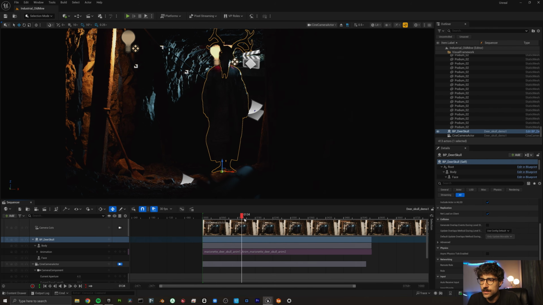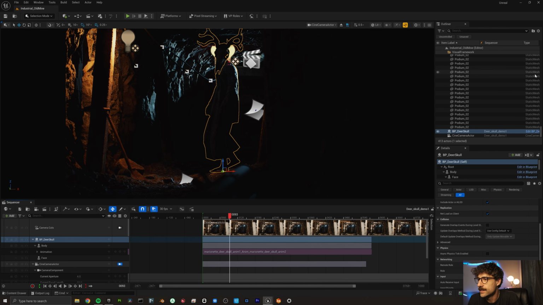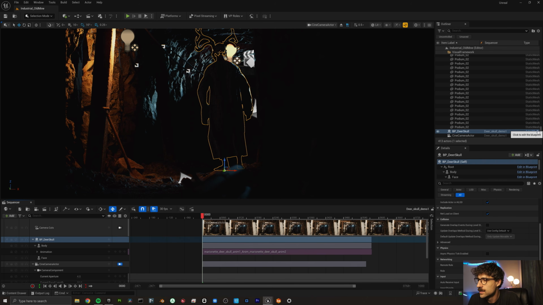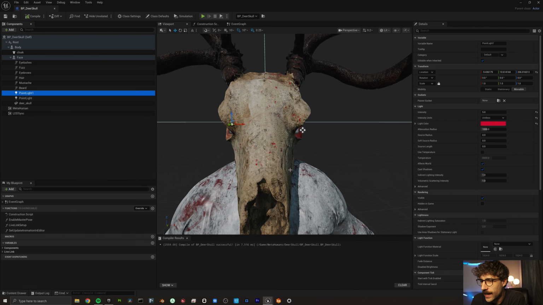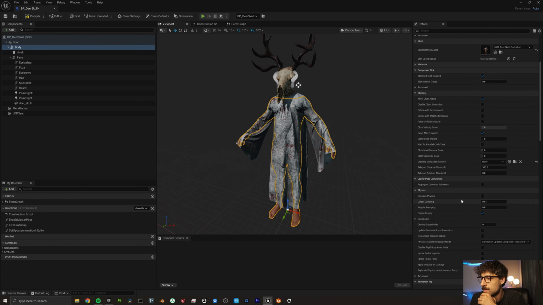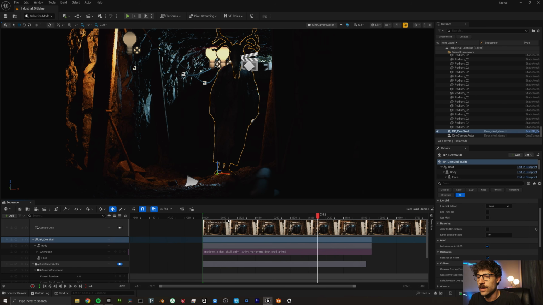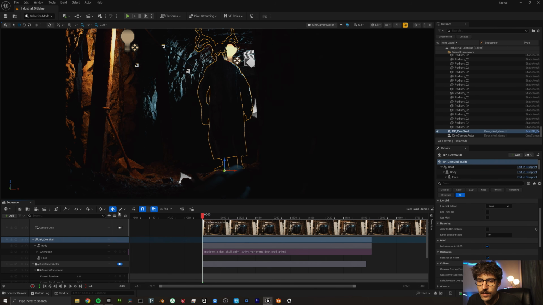And that looks pretty cool. It's got some cool reflections going on in there. Alright, next step is, before we render this, I want to hide the actual body mesh. So I'm going to come down here to rendering. I'm going to turn on hidden in game for the skeletal mesh. Cool. Alright, so now that we've hidden that in the renderer,